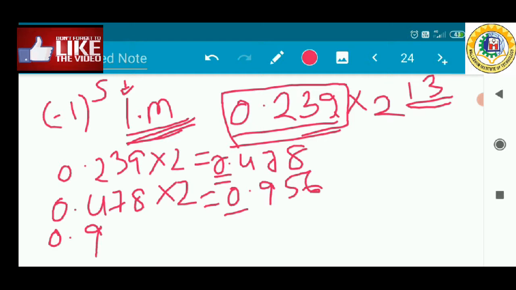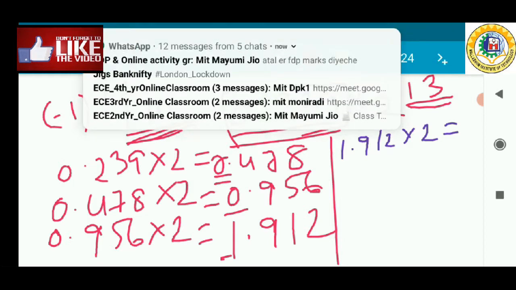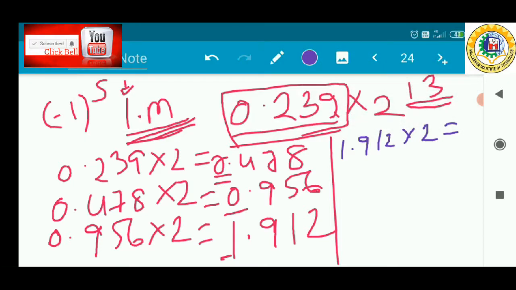Next 0.956 into 2 is 1.912, so this is 1. Next, sorry, not 1.912, I have written a mistake, it is 0.912 into 2,